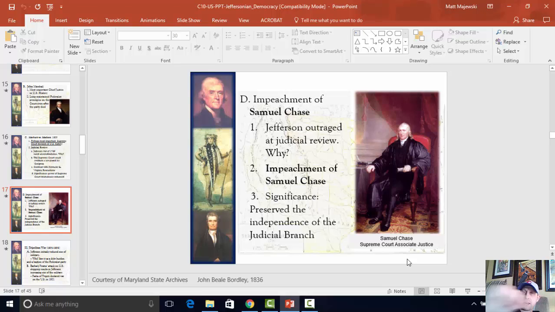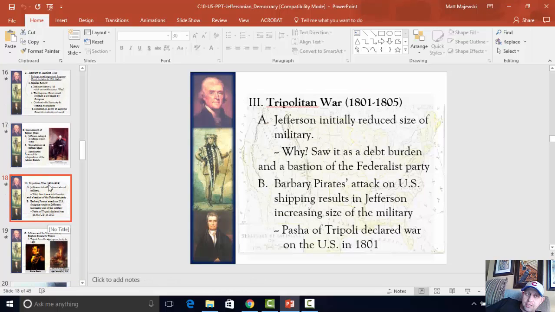It's significant, because by not being able to impeach Samuel Chase, the federal government, the judicial branch, their independence is preserved. If they had been able to impeach Chase, from that point forward, the judicial branch would have been weak because judges would have had to depend and answer to the other two branches. Otherwise, they could have easily been removed by the president or Congress. So by not being able to impeach Chase, it's a really good thing for our democracy, for our country. It preserved the sanctity, the independence of the judicial branch.